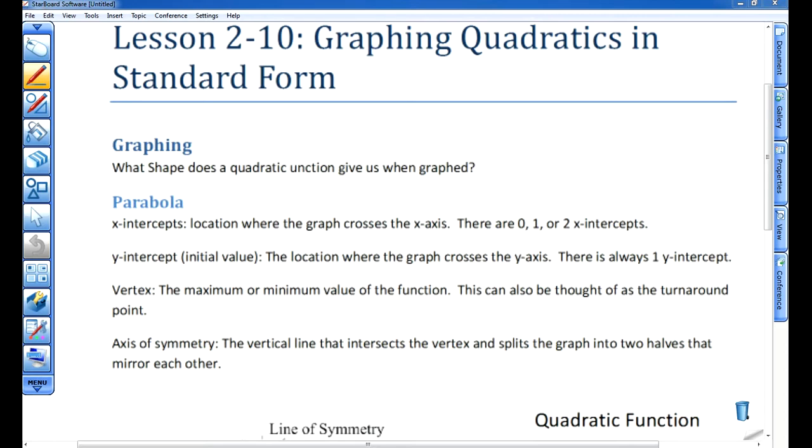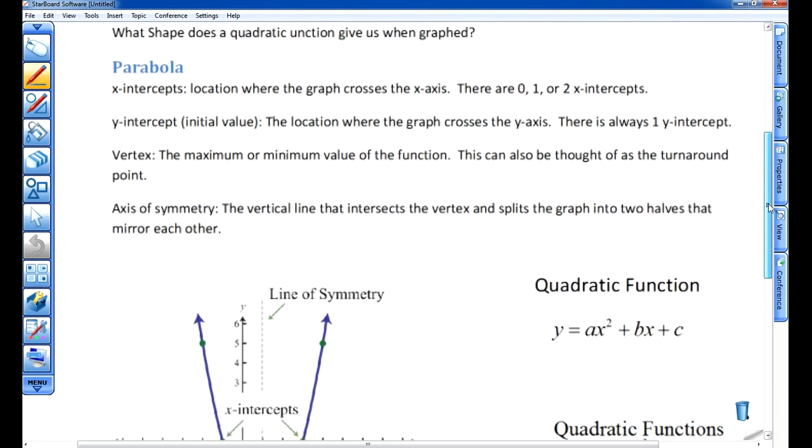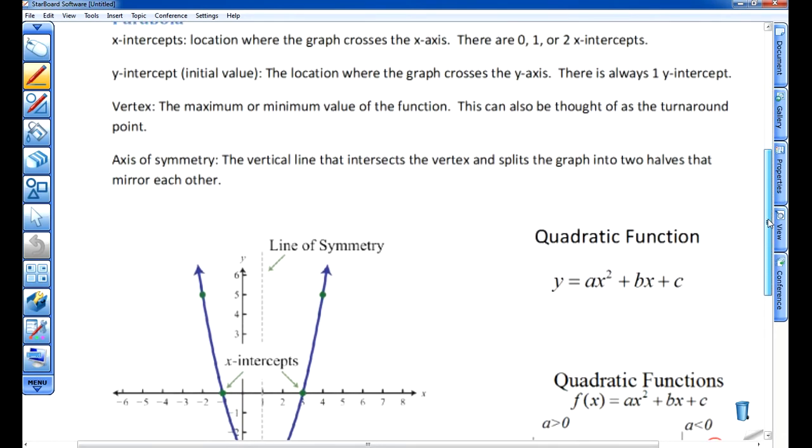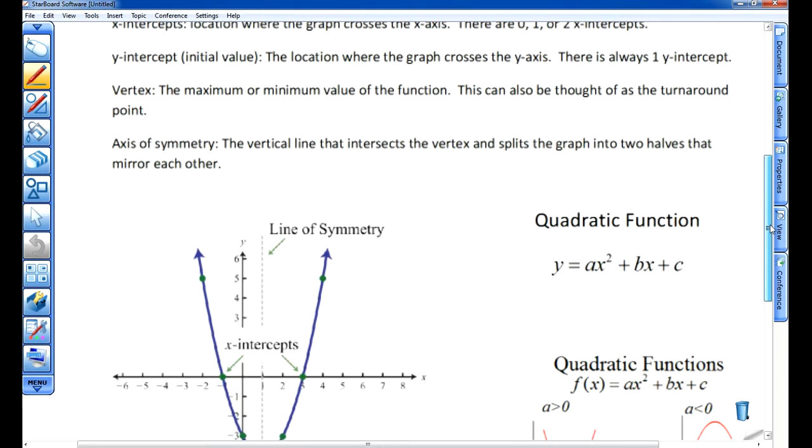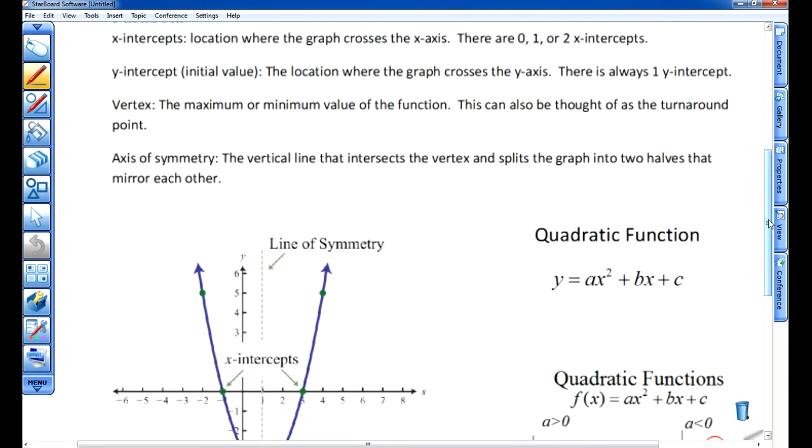when you graph it. In the case of a quadratic equation, you end up with something called a parabola. Now there's several key features of a parabola that we need to talk about. Here's an example of a parabola down here. A couple of the key pieces of information about the parabola that we need to note is number one, the